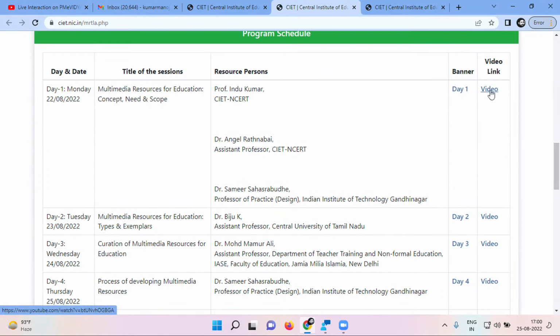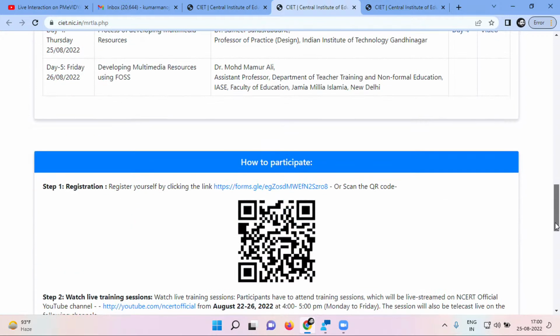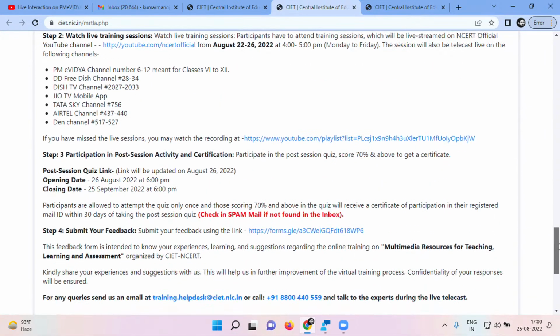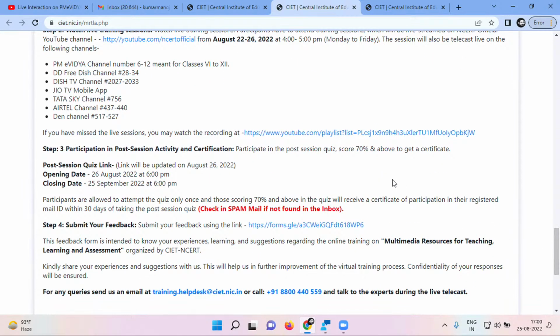See here the video of day 1, 2, 3, and 4. All the videos are uploaded here. Just click on it, and this is the main thing. Register yourself, fill this form and be a part, or scan this QR code. It's a very simple process. 22nd to 26th of August, these 5 days are for this online training on multimedia resources for teaching, learning, and assessment. The link of the quiz will be updated here, particularly here. And if you have any more questions, then